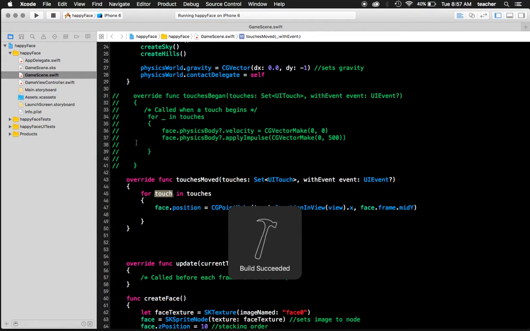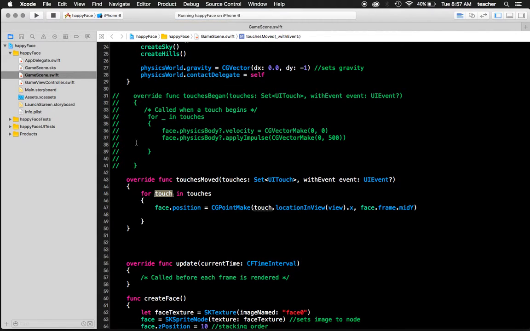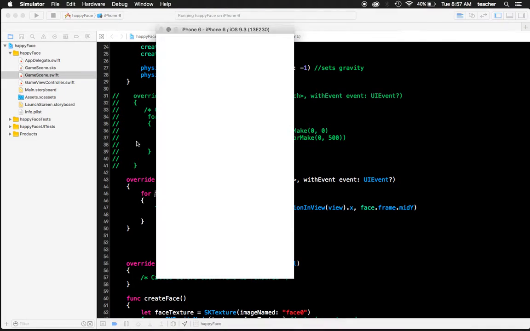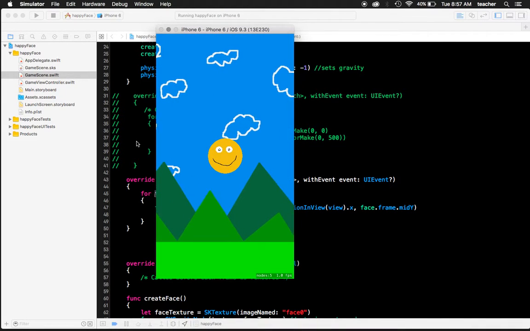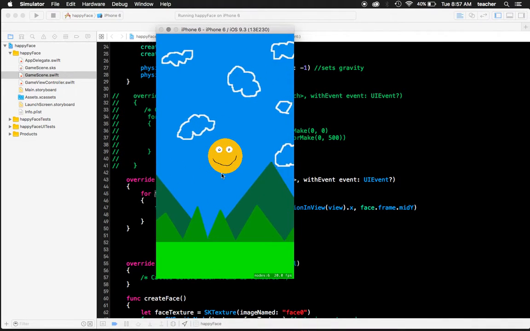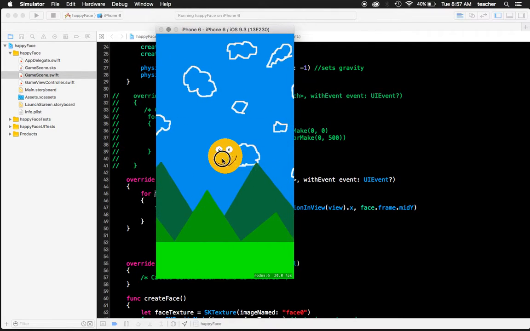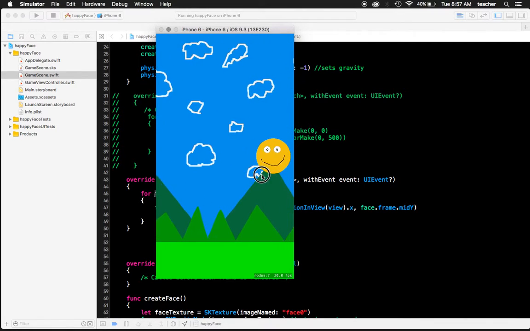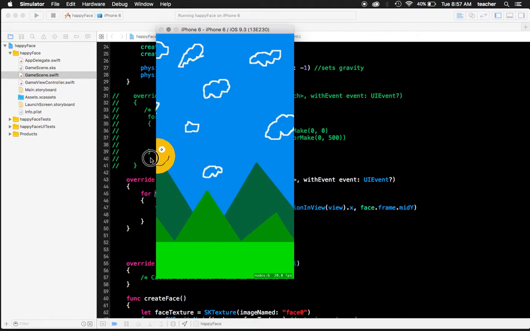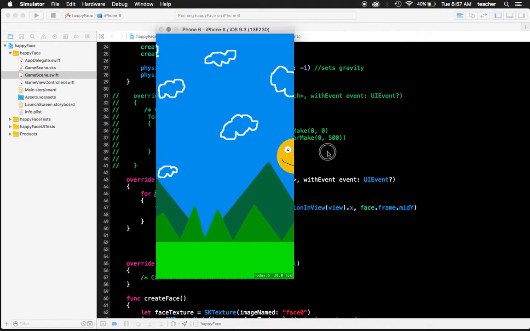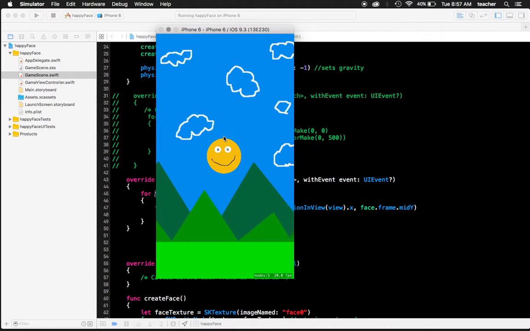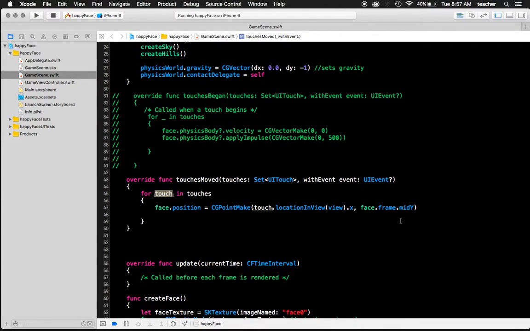I've taken off the physics on the face. If I hadn't done that, the face would have dropped right down to the ground. So right now he's just stuck in motion. If I click and move side to side, you can see I can drag that left to right, and it stops at my midpoint there. So that is the touches moved function, very useful. If I get rid of that,